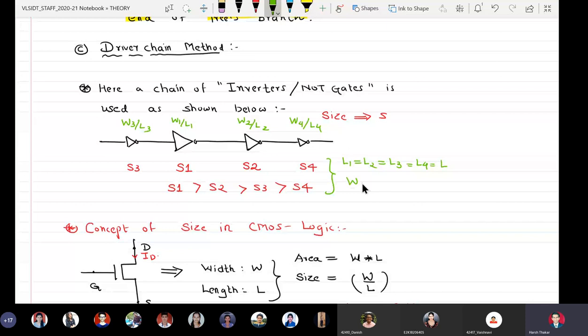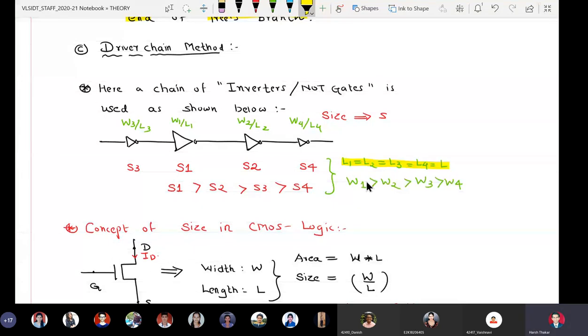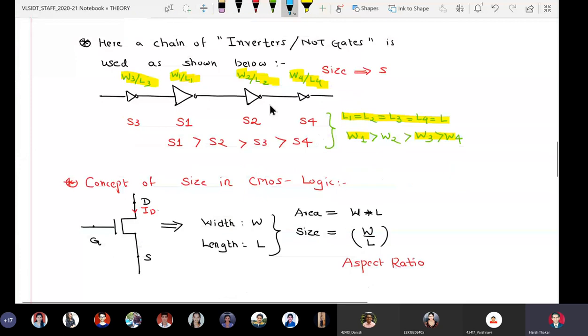Okay, this is very important. Okay, that is why we can say here that ID1 will be greater than ID2, that is the current carrying ability, ID3 greater than ID4. It's very important.